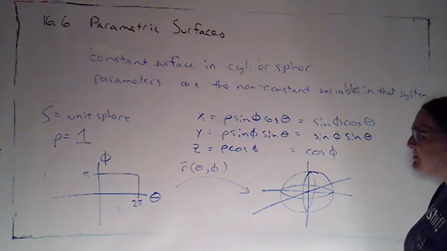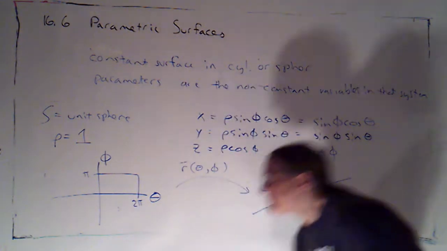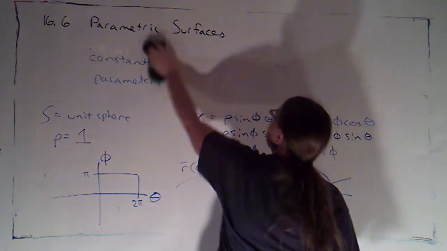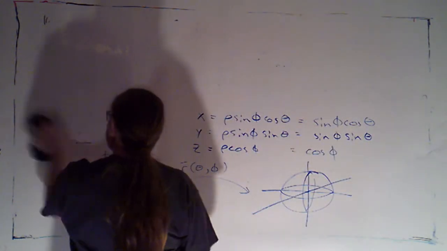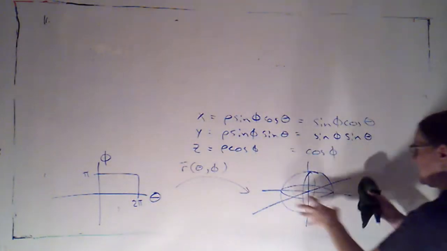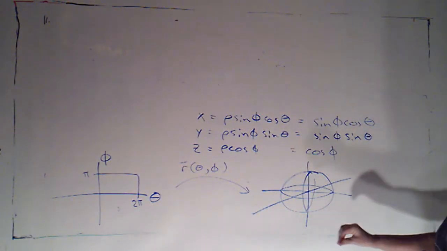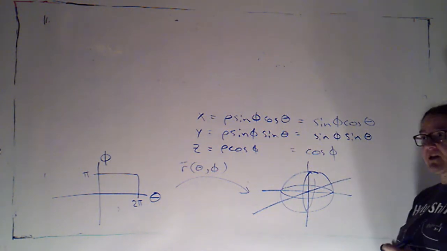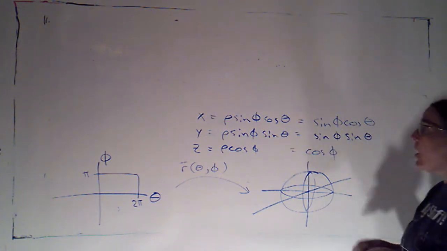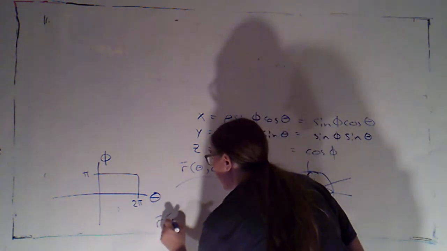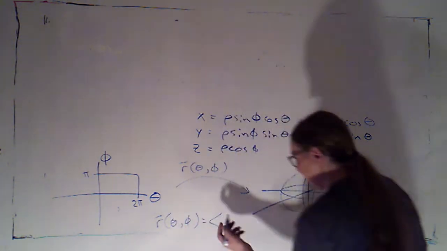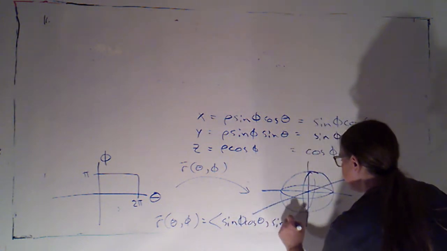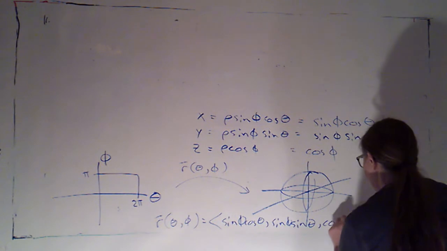Now, I'd like to explore that mapping just a little bit because that's kind of wonky. How does this actually occur? How does a point here figure out where it ends up on that sphere? Now, you'll notice right now I've got this written as just a triple of functions. You could have your parametrization written as x is this, y is this, z is that, or you could have it written in vector form. R of theta phi would be the vector sine phi cosine theta, sine phi sine theta, cosine phi.